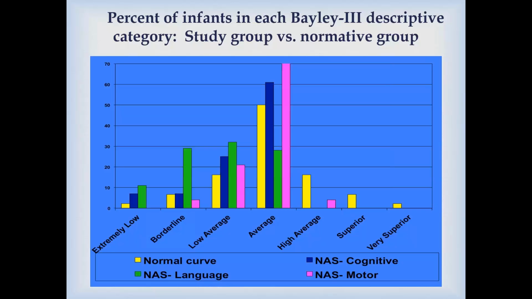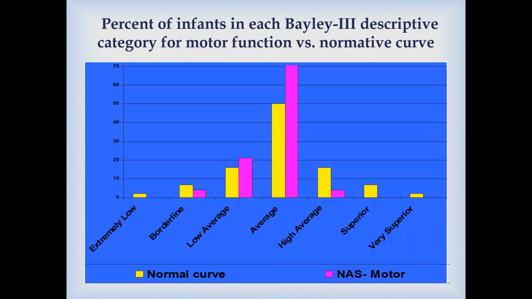This is the composite curve for the infants that we tested versus the normative curve for Bailey. So the normal curve is in the yellow blocks, and you can see it takes a typical bell-shaped curve, starting with extremely low, going up to very superior. And we actually broke out our curves by